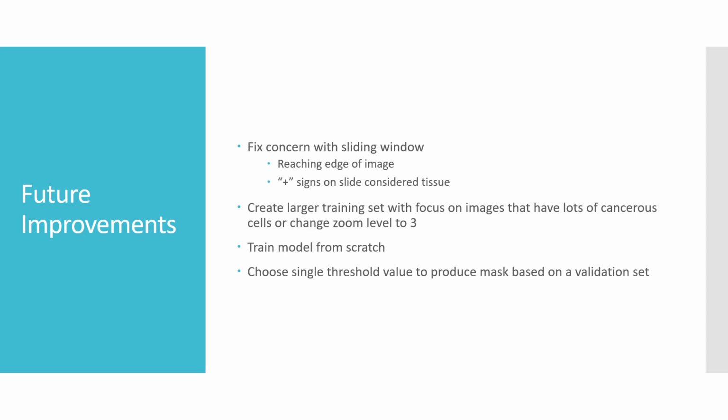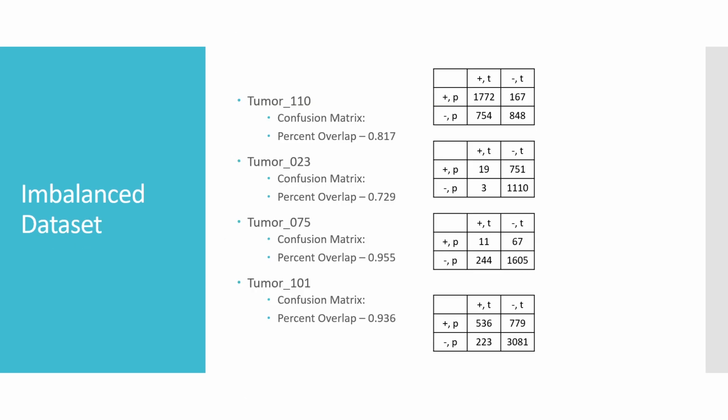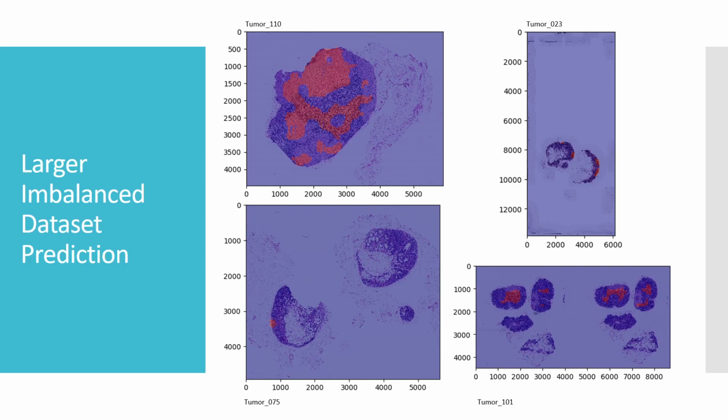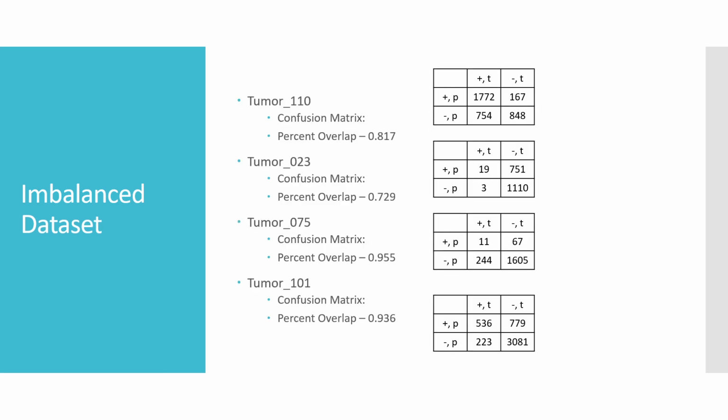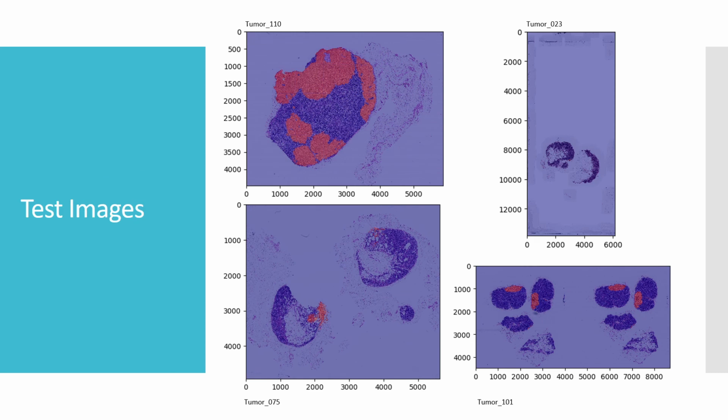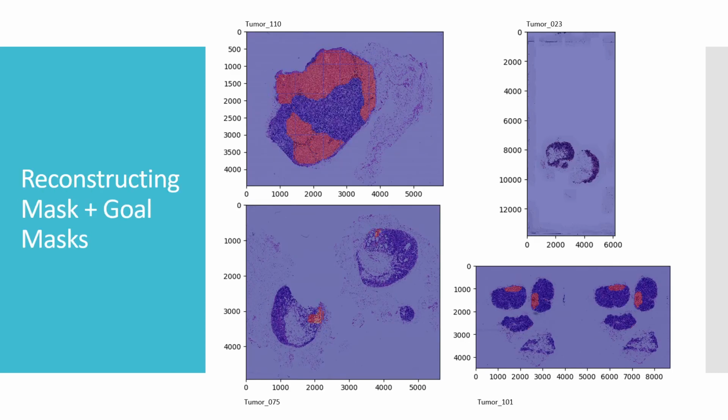So I kind of just stuck with the pre-trained model, but I would like to explore a model from scratch more. And then choosing a single threshold to create these masks. Right now, the threshold that I used to create these images is the threshold that gave the best overlap when I got the gold standard mask from the sliding window images that I had. So picking